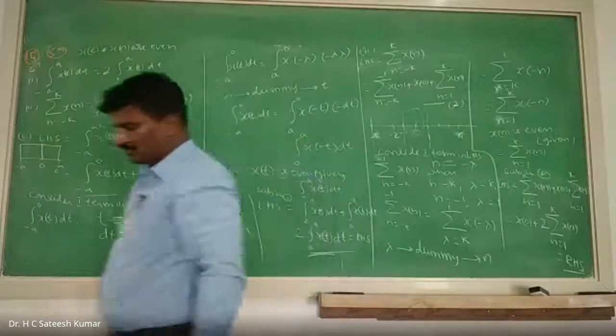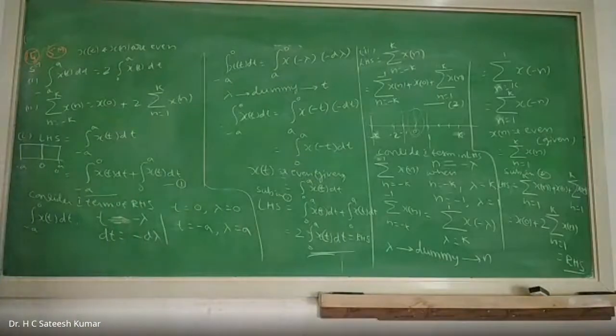This is a 5 marks question in the examination. Carefully, you should practice it twice or thrice. This question has been repeated even in recent days, twice or thrice. One part has been asked, but in one of the old papers, we have seen all 4 questions asked like this. Here x of t and x of n are even. I have done this problem.